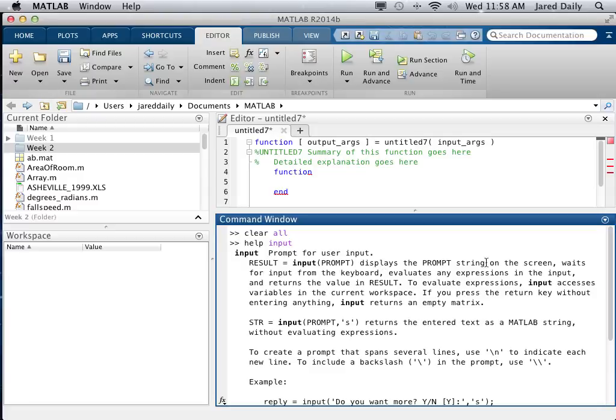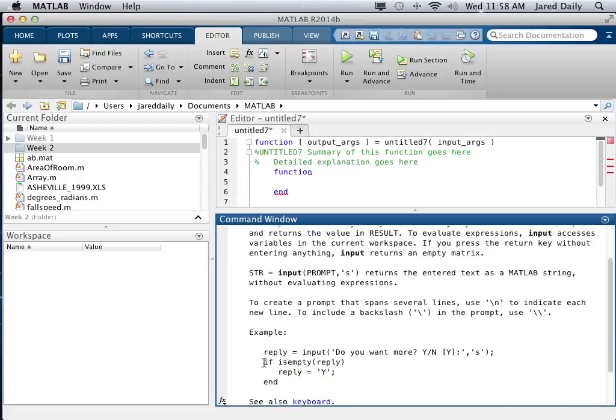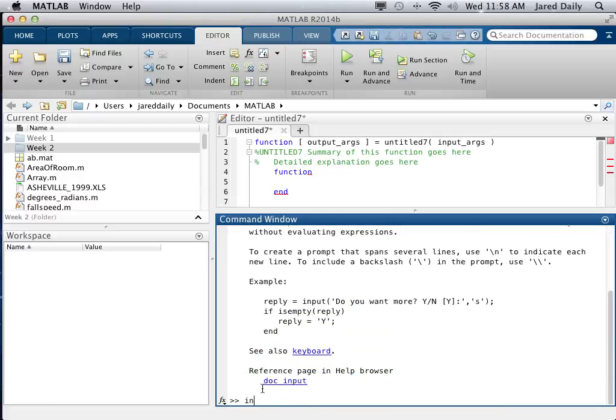The input prompt displays the prompt string on the screen. So input is requiring you to put in some kind of a string. Remember when we put a string into MATLAB, it requires that we have single quotes around it. So apparently we're going to use this function like input, have parentheses, and then we're going to put in a